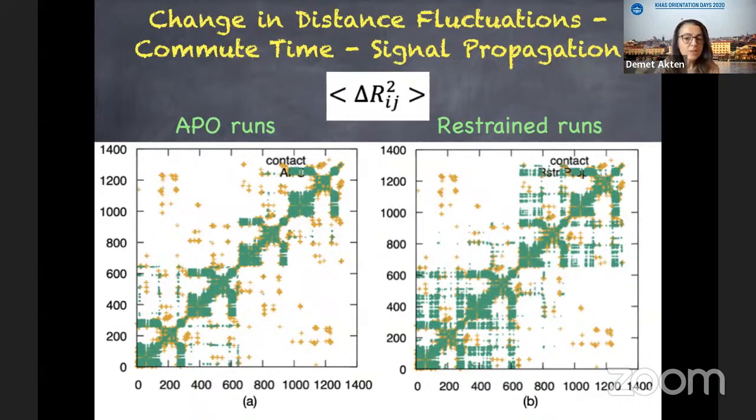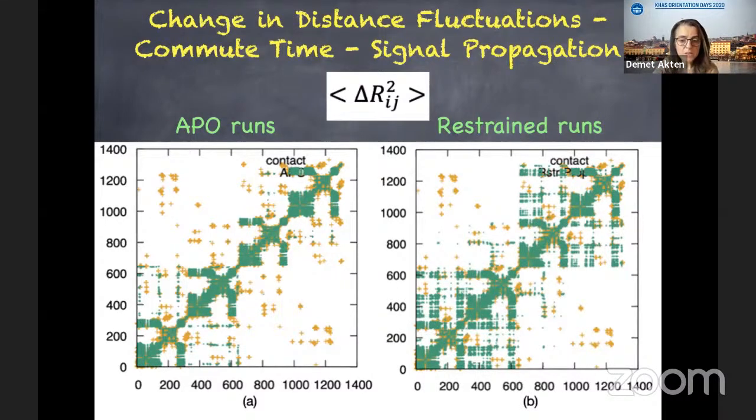communication or signaling network. Okay, so if you look at two figures, the one on the left side belongs to the apo run with no restraint. And we see that the transmission or the signaling is mostly limited to each chain, and there's no chain to chain or dimer to dimer transmission. But on the right side, when you look at the restraint runs, you see these blocks, these green blocks,